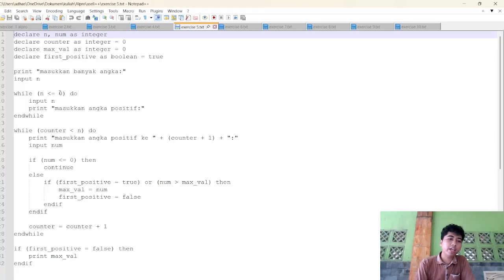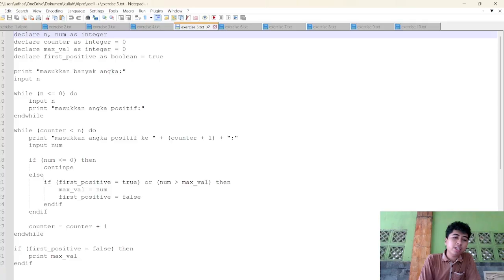Okay, then after that we continue to another loop, while counter is smaller than the number, then the program will print "masukkan angka positif ke", then the counter will be plus 1, then the input, then the program will ask for another input. Input number, then we move to this condition.